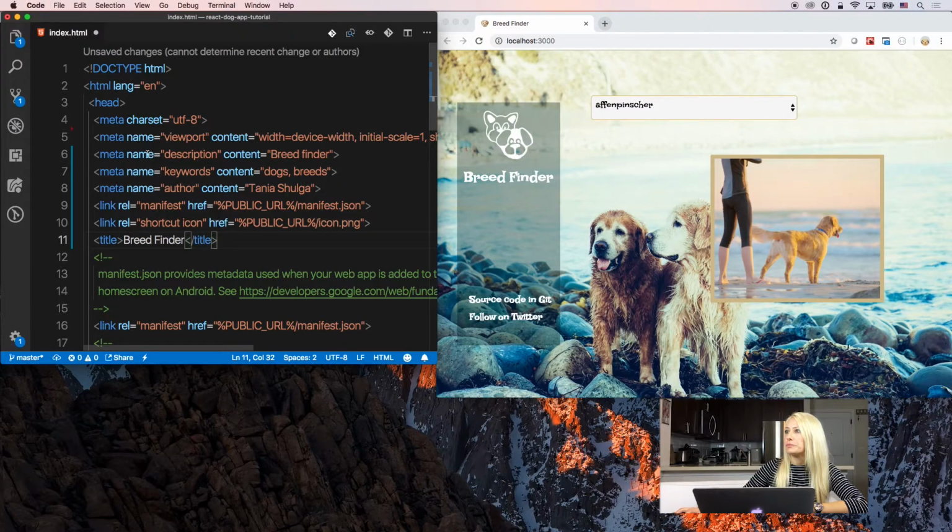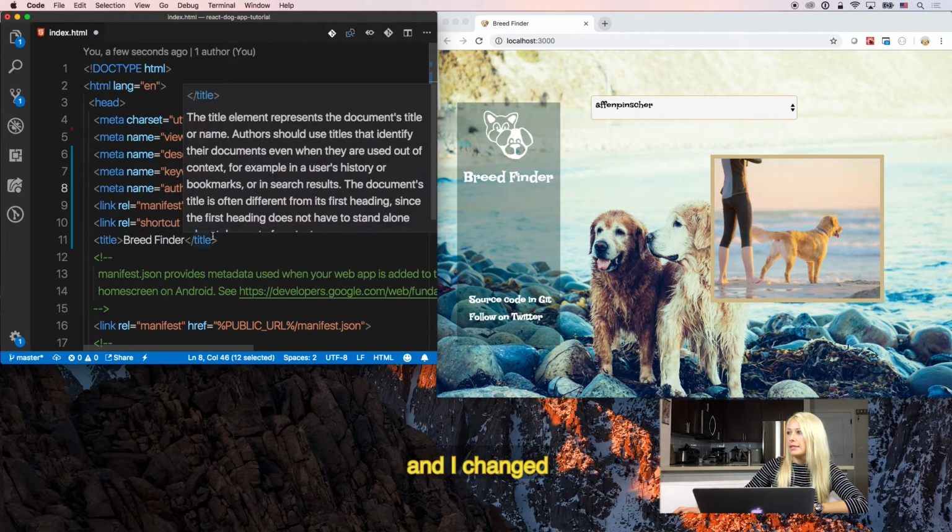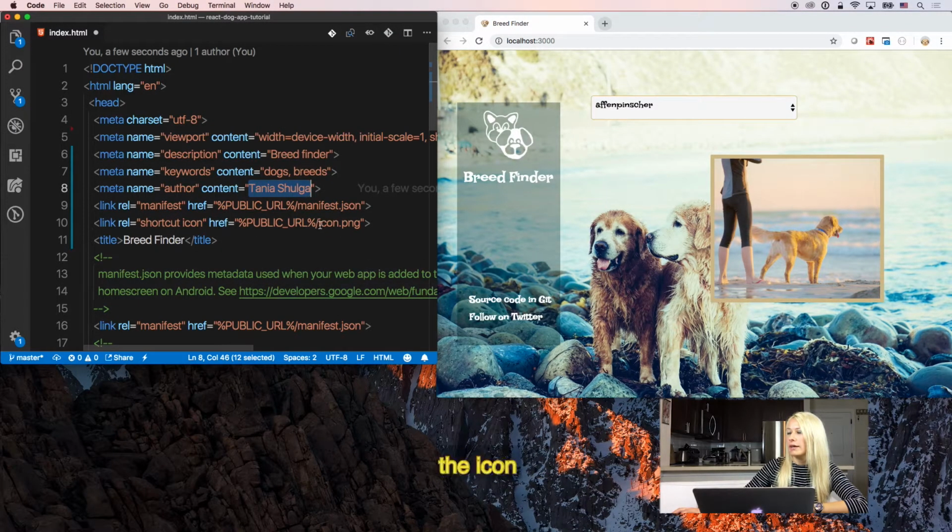So I put metadata description and give here the description of the website, whatever you want. Then I also mention keywords for SEO purposes and type here any keywords that are relevant for your website. Then I also mention author and put my name, and I changed the icon here.